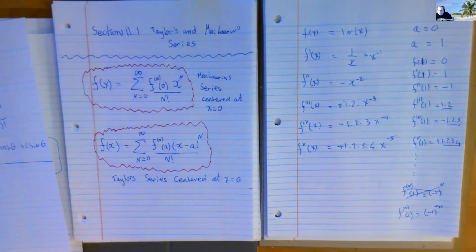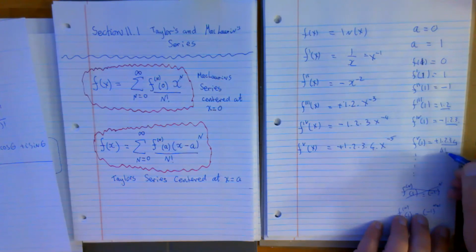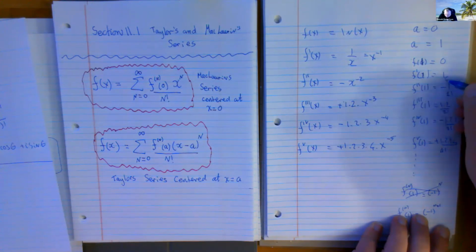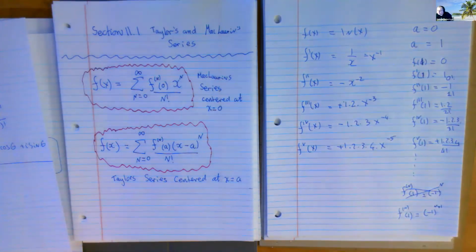What's another way of 1 times 2 times 3 times 4? 4 factorial. Okay. And won't this one be 3 factorial? Won't this be 2 factorial? This is 1 factorial, and you're just going to have to trust me. I'll call that 0 factorial. So